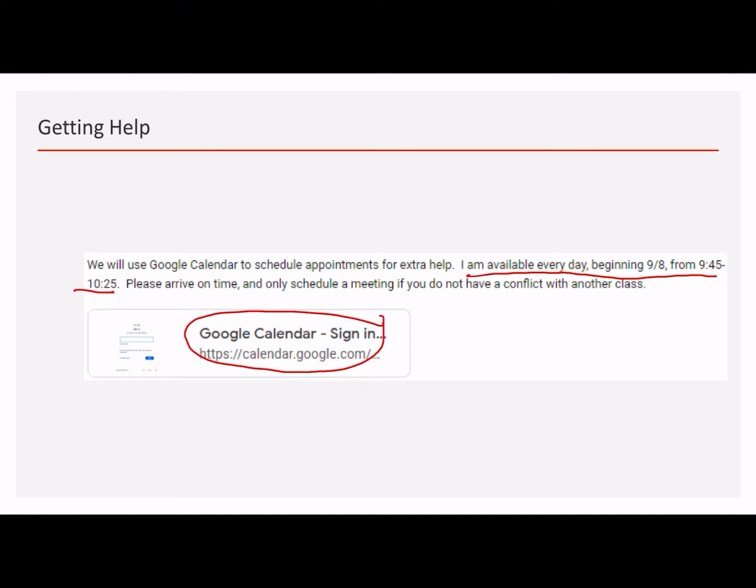So you're going to go to Google Calendar, and I have availability every day beginning on September 8th from 9:45 to 10:25. It's going to ask you to pick an appointment slot. The appointment slots are 15 minutes. So they go 9:45 to 10 o'clock.